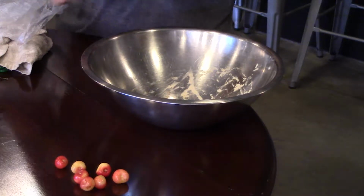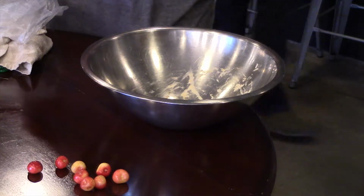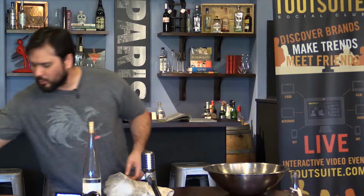Traditionally with a Manhattan, you're going to want to serve some brandy cherries or preserved cherries. Obviously, you want to stay away from the neon red or neon green maraschino cherries that you have seen, luckily, fall by the wayside in the past handful of years. So what we're going to do to prepare this